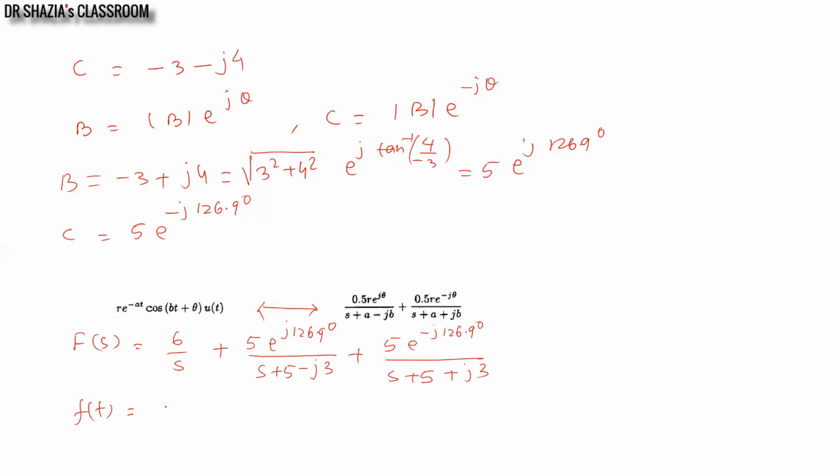So 6 u of t plus, now if I look at half r, here I am getting half r as 5, so r must be 10. 10 e to the power minus of 5t, a is 5, cos b is 3, 3t plus